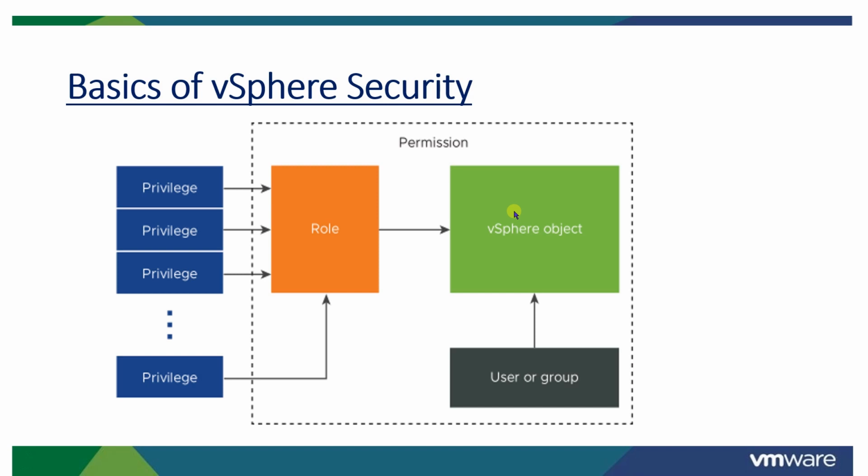So this is the basics of VMware vSphere security. Let me repeat again so that it is clear. As an administrator, you have to give access to a specific object. So here the user will be an admin user, L1 user, or L2 user. Then the object will be the cluster, the host, or even a virtual machine. So if an admin user wants access to a cluster,